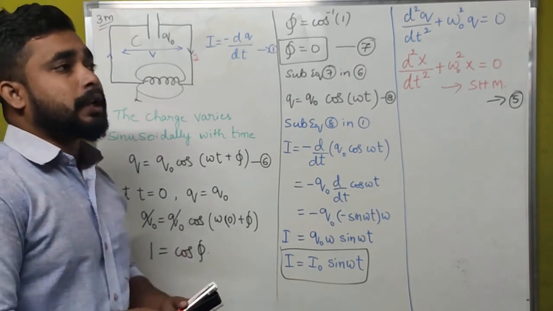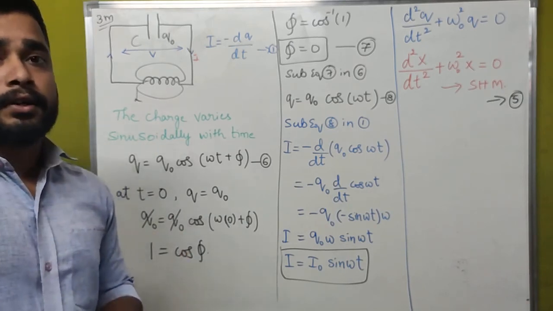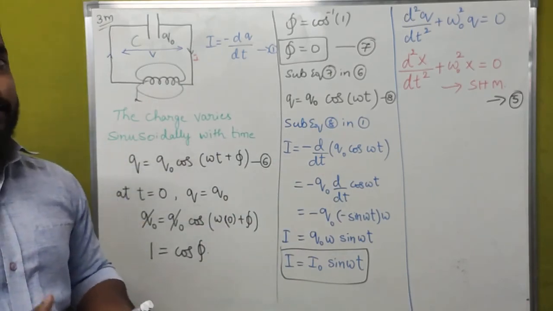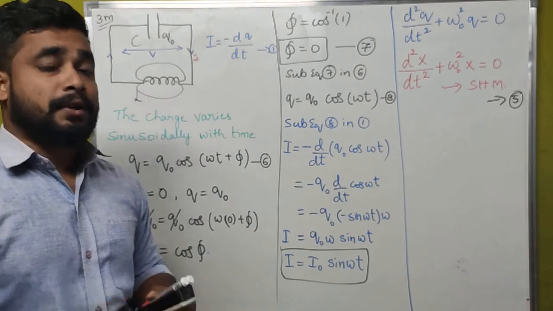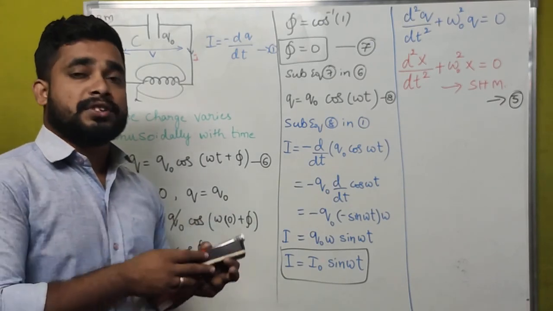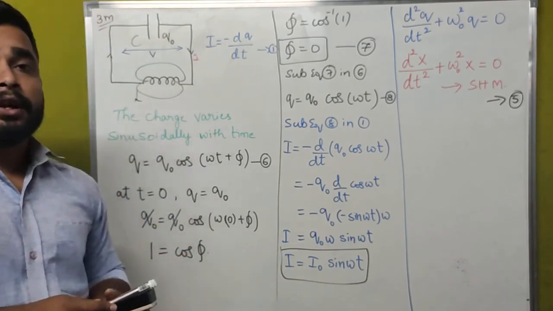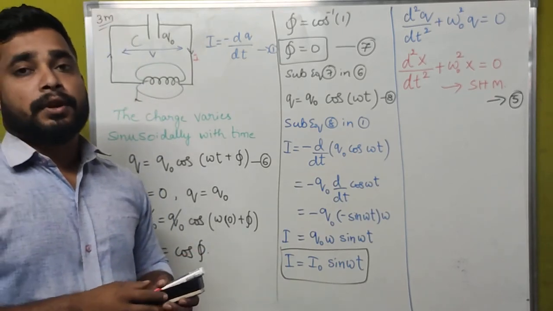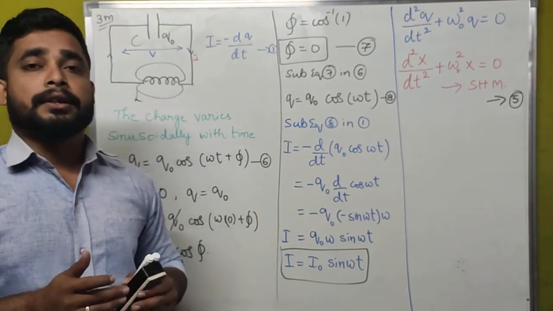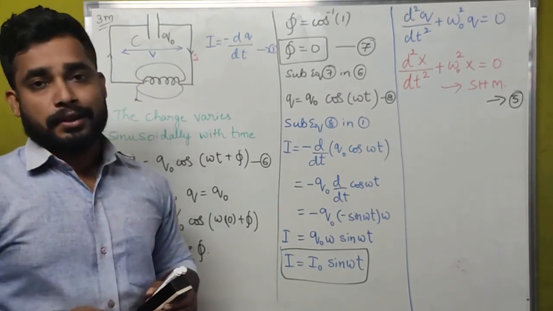The only thing left in your alternating current chapter is transformers. What is the meaning of transformers? How are they constructed, what is the theory of that, how and where are they used, and what are the losses in a transformer? We are going to see that in our next session.